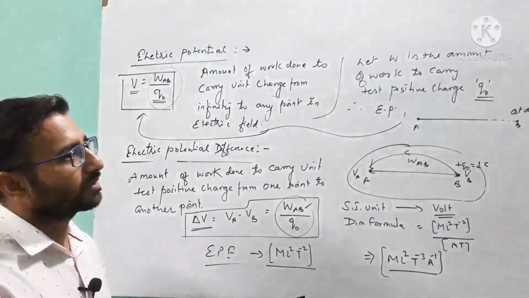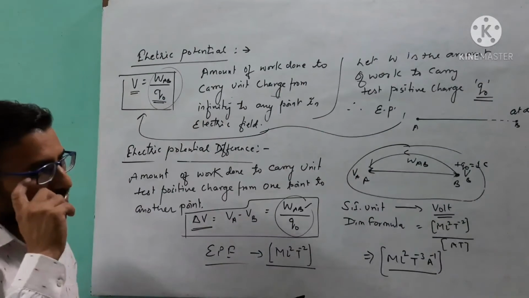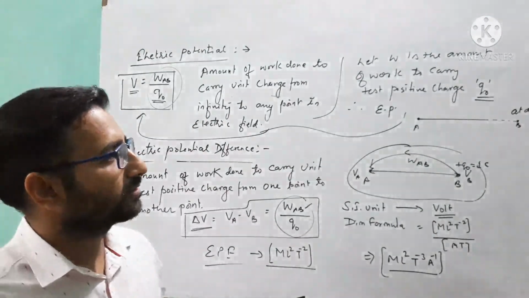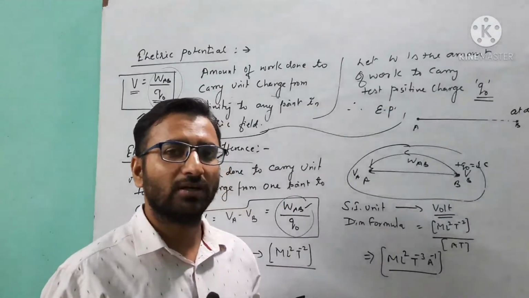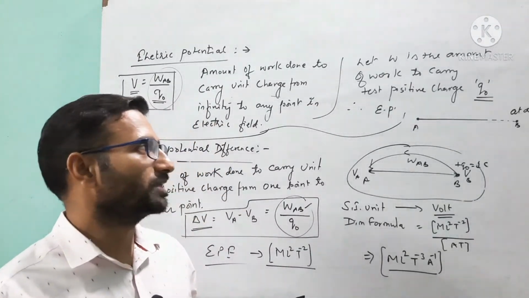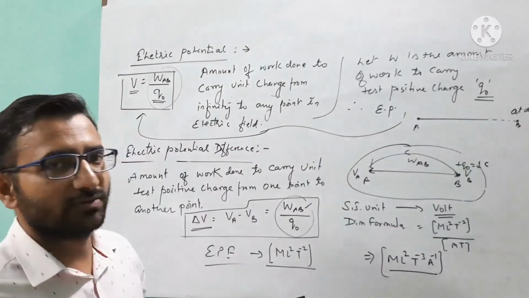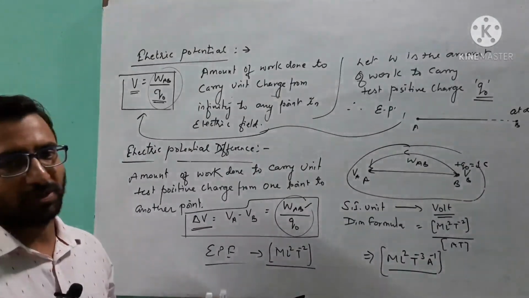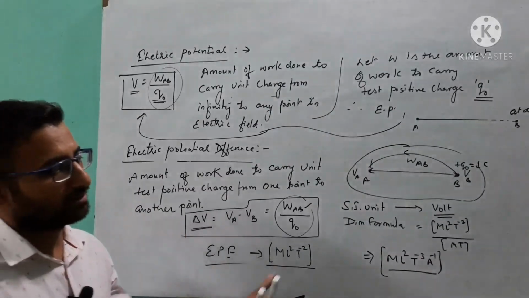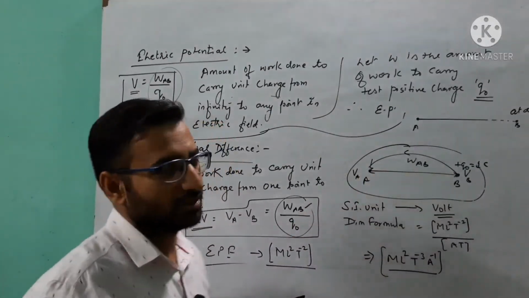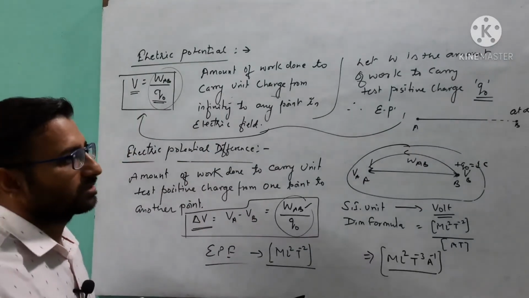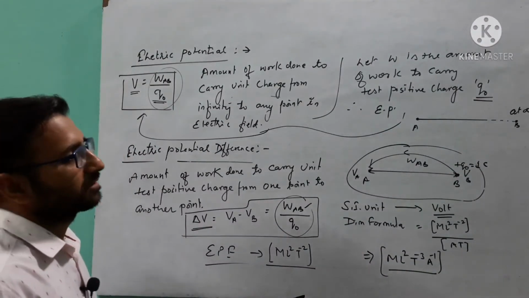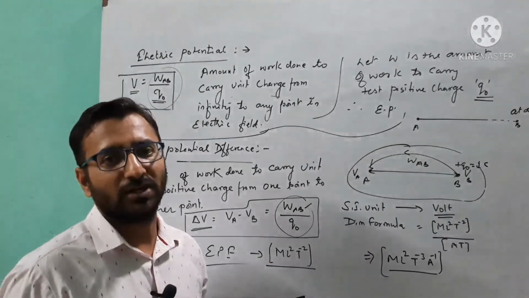After that we will talk here about how the electrostatic force is conservative in nature, and the field, the electrostatic field, is a conservative field. So what is the meaning of conservative? It does not depend on the nature of the path, it depends on the final and initial position of the charge. Got it?